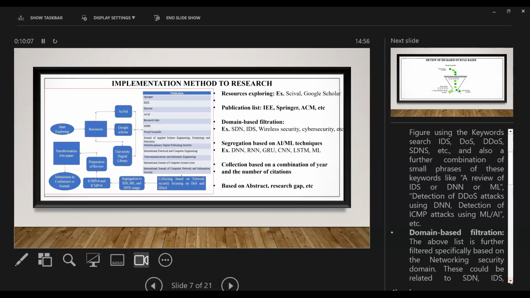And the abstract is the same thing. And further, the conclusion also. In the conclusion, they always provide future research. So from that also you can make out whether that paper is very much supportive for your research or not.